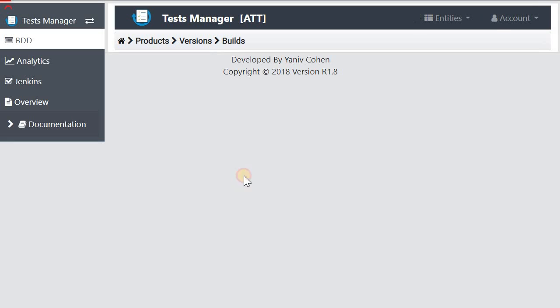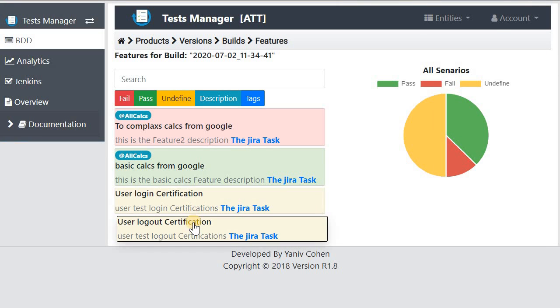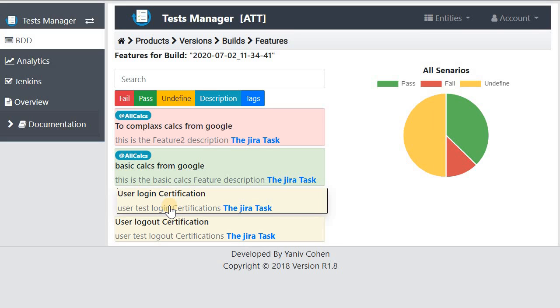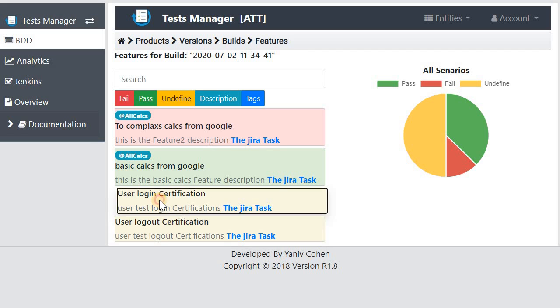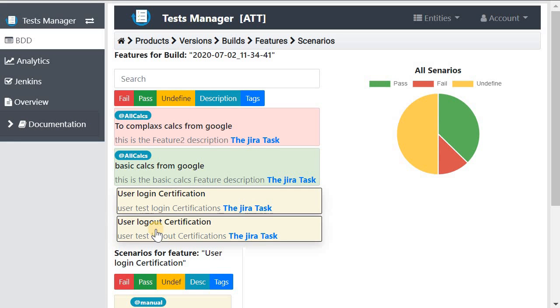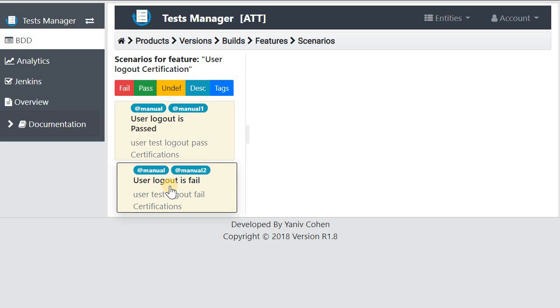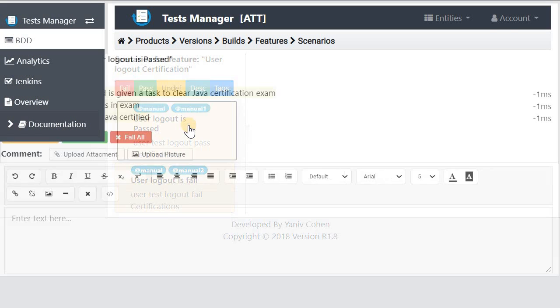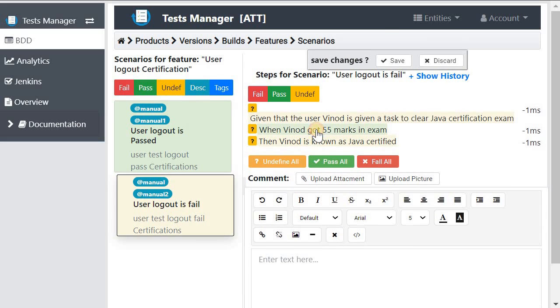My first auto job. Now I can see my two manual features, logout certification and login certification, and the login pass and login fail scenarios. And in the logout feature, the logout pass and logout fail scenarios. For this demo I will pass the pass scenario and I will fail the fail scenario.